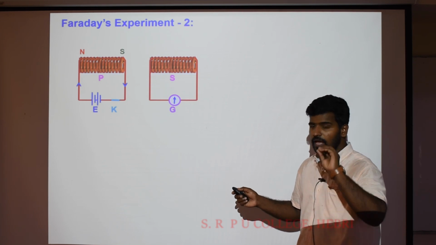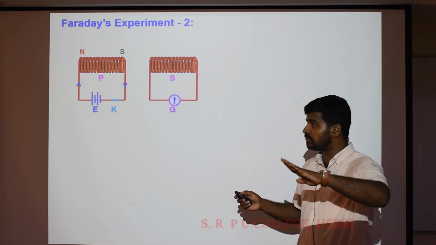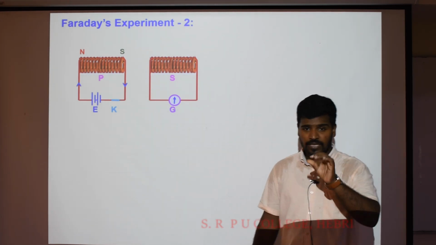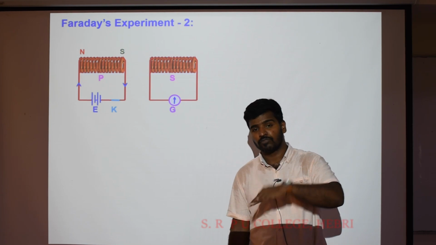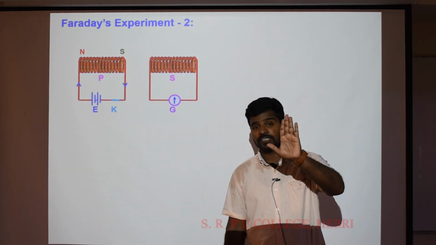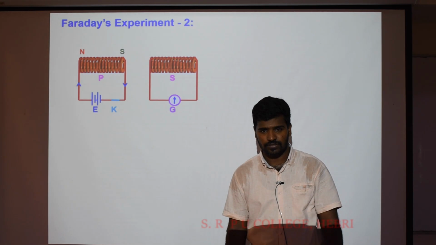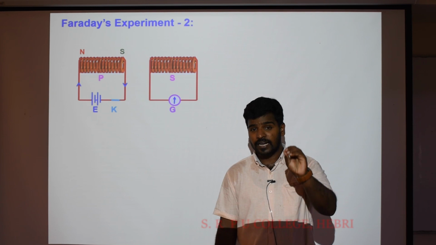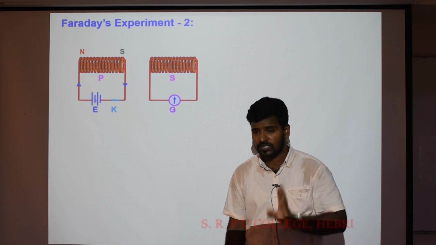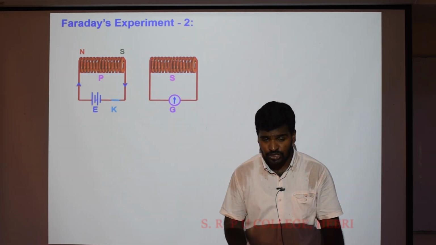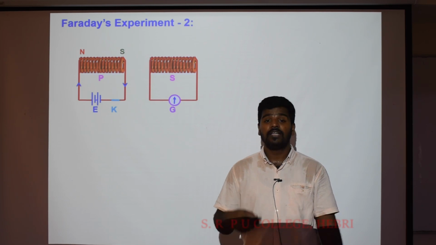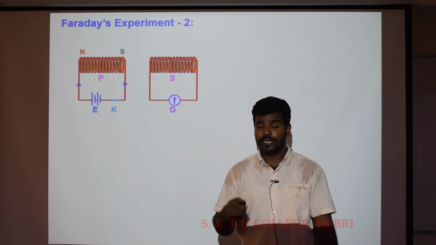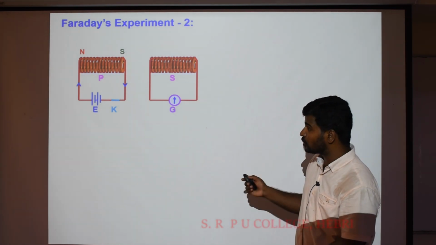current, as there is a variation of the current, which means when the key is pressed, the current rises from 0 to maximum. That is the reason why the magnetic field also increases from 0 to maximum. The magnetic flux across the primary coil increases. As there is a variation of the magnetic flux across the primary coil, which creates the variation of the magnetic flux across the secondary coil. As there is a variation of the magnetic flux in the secondary coil, that generates an induced EMF. That induced EMF in the secondary coil is shown by the galvanometer.